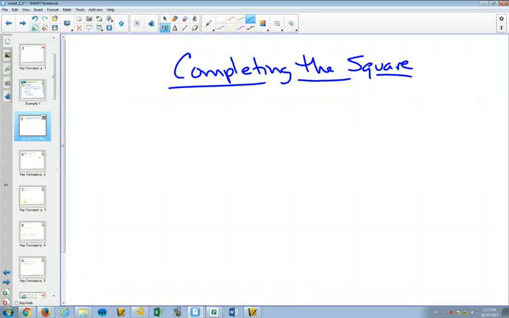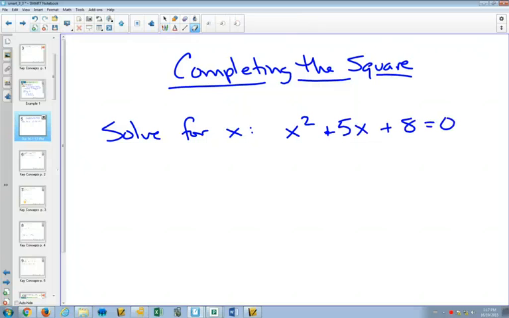But here's the idea. So we have a question that says solve for x. And it's x squared plus 5x plus 8 equals 0. No, I don't want 5x. I'll make it an even nicer number. Let's go x squared plus 4x plus 8. That's a nice looking number. So we start with this and we think, oh, this is the factoring type. So we go to try to factor it,